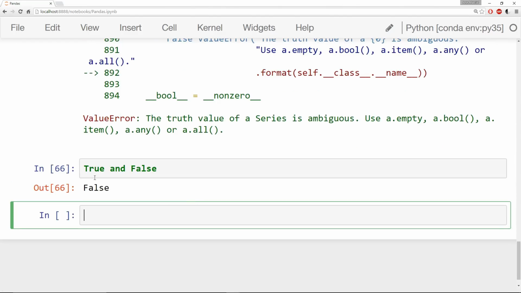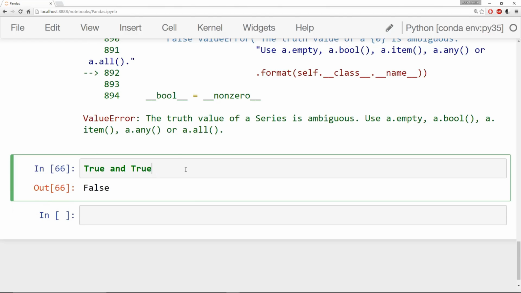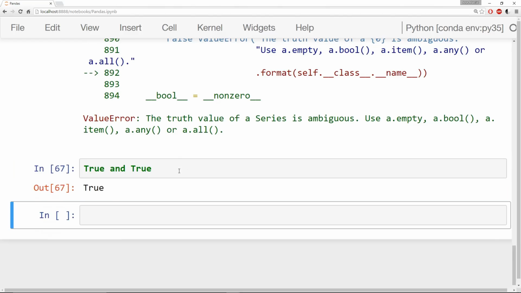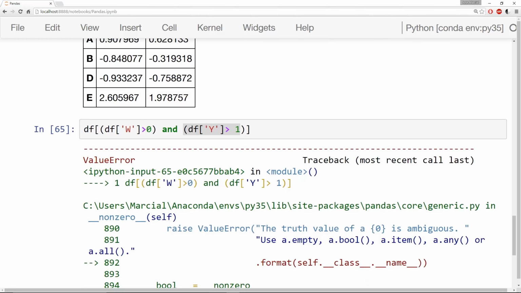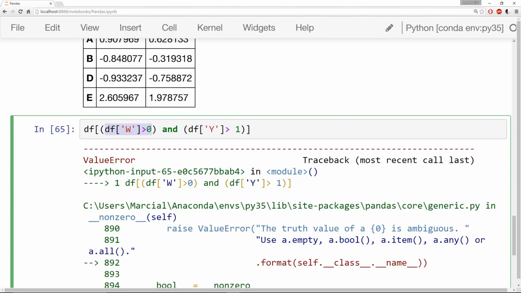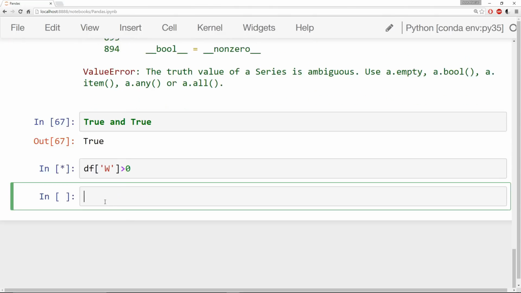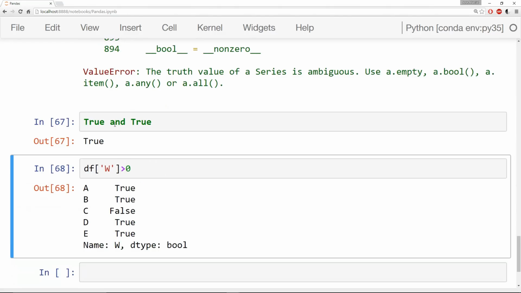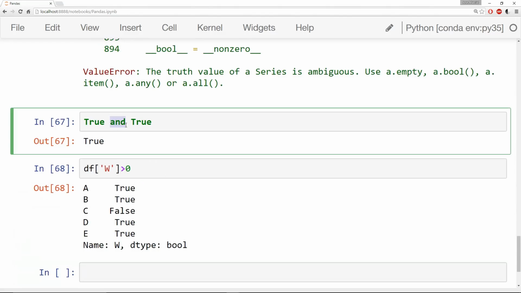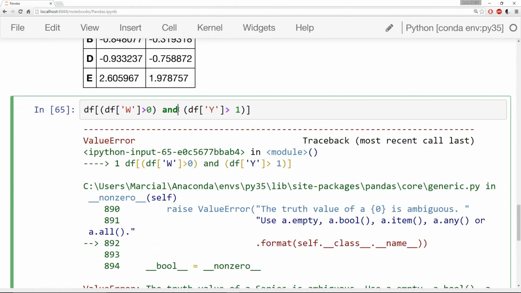So true and false returns false, true and true returns true, etc. That means when you pass in an entire series of Boolean values, such as this, the AND operator begins to get confused. It can only deal with these single instances of Boolean values,